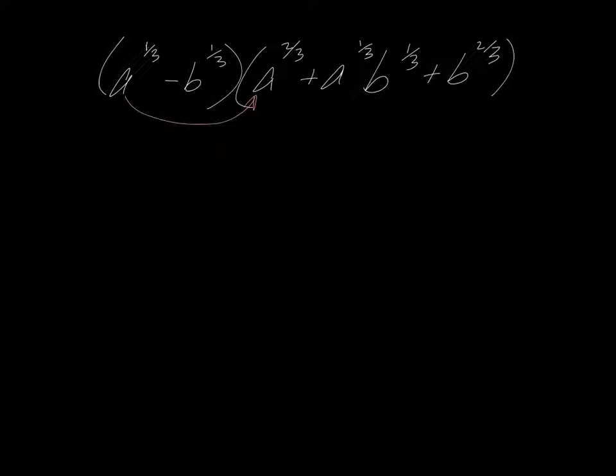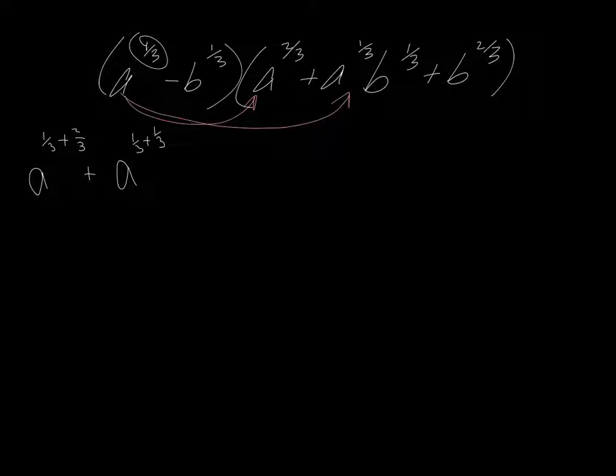And we have a to the 1/3 times a to the 2/3. So we take a to the 1/3 plus 2/3. Okay, because we're multiplying, we add the exponents. Now let's look at this one. That's plus a to the 1/3 plus 1/3, because we're doing this and that, and we can't do anything with the b to the 1/3, so we're just going to leave that alone. Okay,